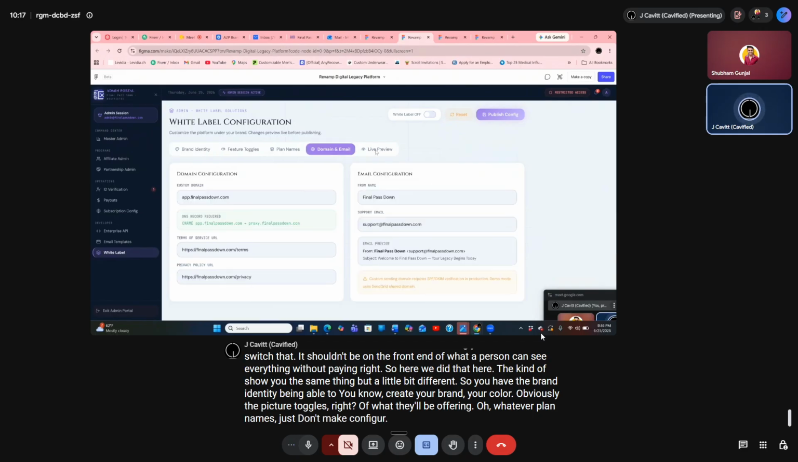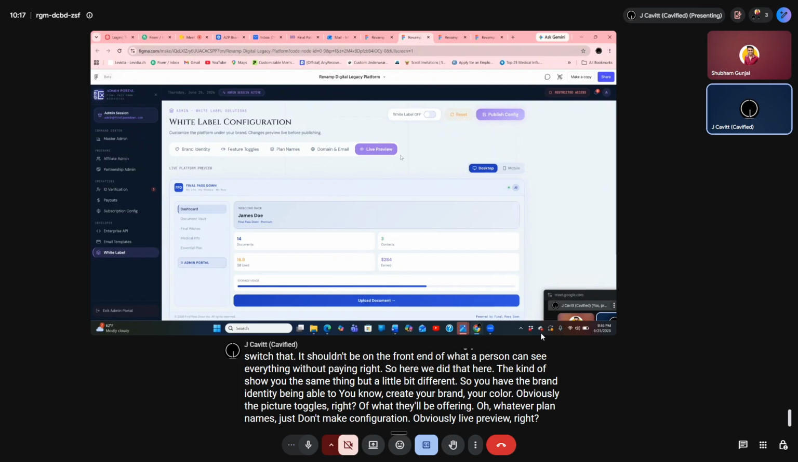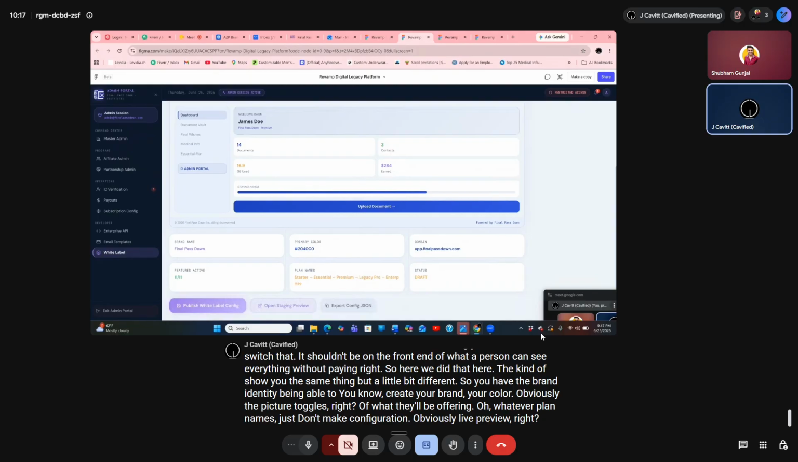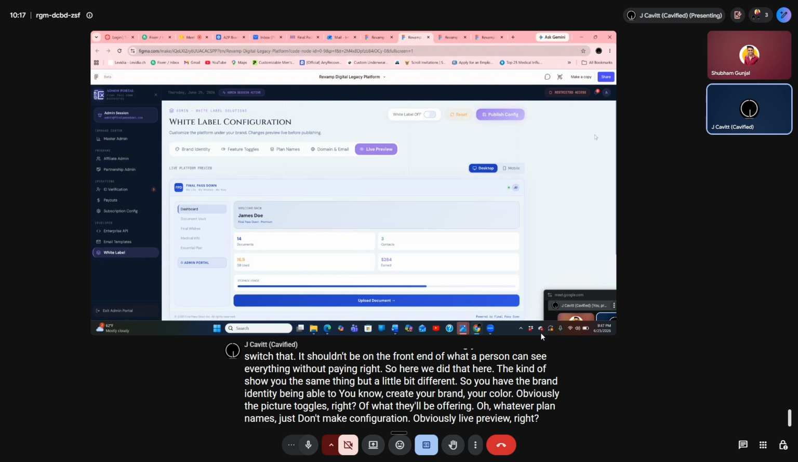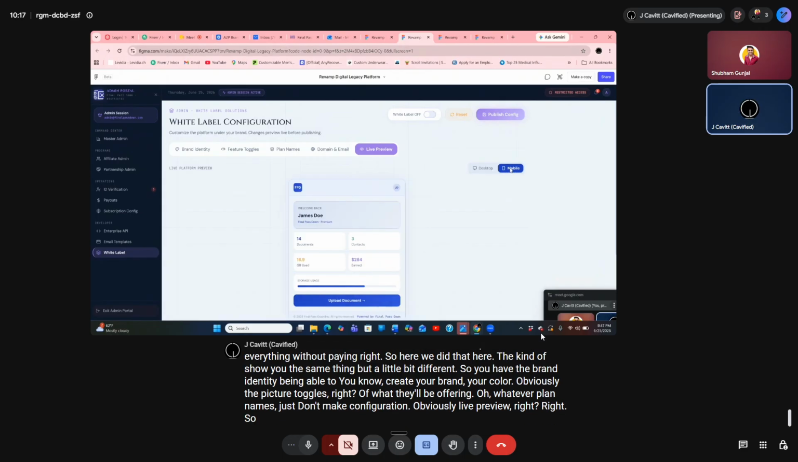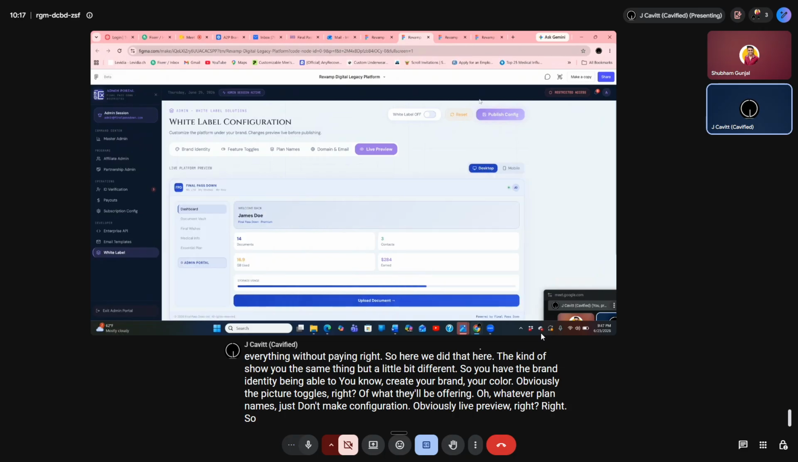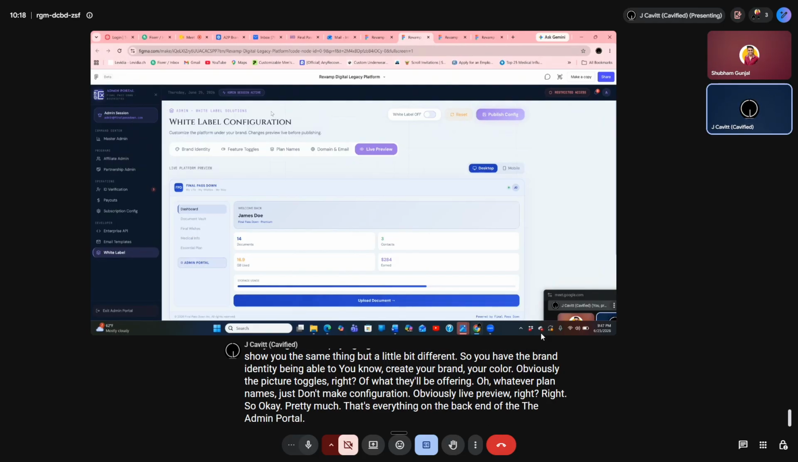Domain configuration. Obviously, live preview, right? Okay. Pretty much that's everything on the back end of the admin portal. Then you have